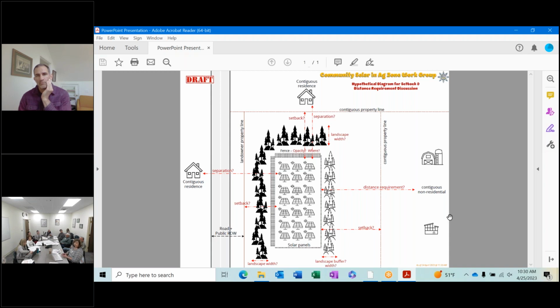But now we have a situation where if the Carroll County rules are too restrictive, someone like myself could go to the state and say, they don't really want these here, they're too restrictive. And I could get that same certificate and have a 5 megawatt system on the same piece of property. And that's where we need to go. It's not an attempt at intimidation. No, it's not. It's reality. It's fact. I know we don't like it, but it's fact.